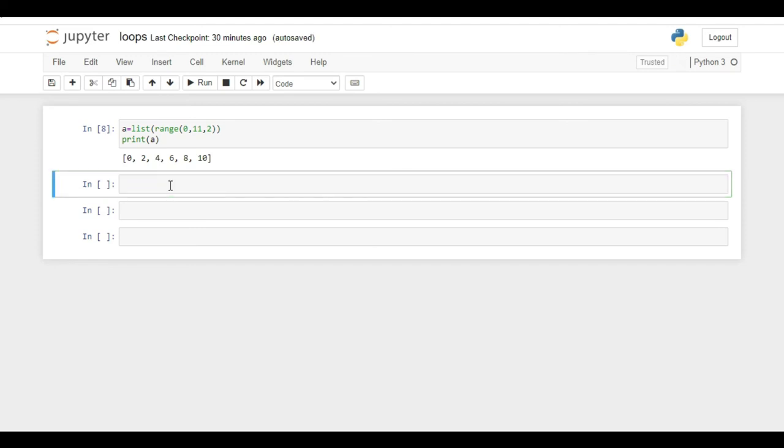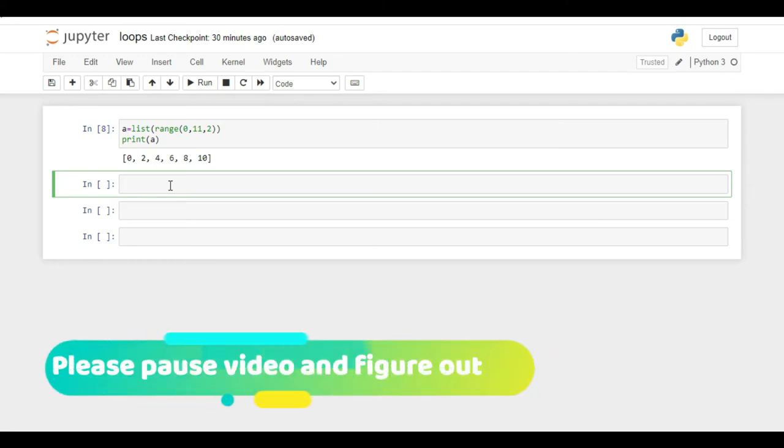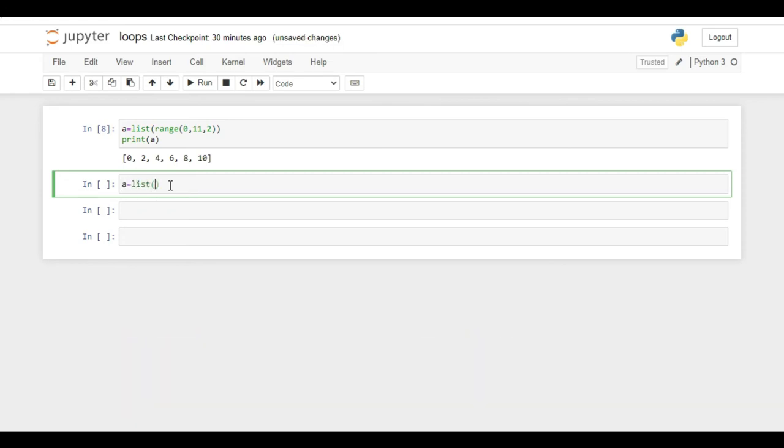Now let us say you are asked to print out only the odd numbers of the list. Please pause the video and try to figure out how we can print only odd numbers. We know that we have defined list A like this and all we have to do is define the first element, then define the last element of the list, and we are defining the step.